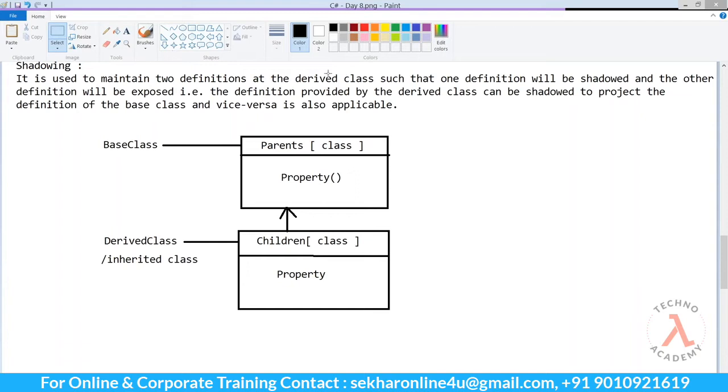The second category is whatever the parent says, the child will perform the task exactly opposite to that. In that case, the child will always take permission from the parents to do the task. If the parent says go to college, then the child says I will go to the movie. But in order to go to the movie, the child will take permission from the parents and then go to the movie, whatsoever it is. And this second category we can consider as method overriding, where we modify the definition of the base class at the derived class.